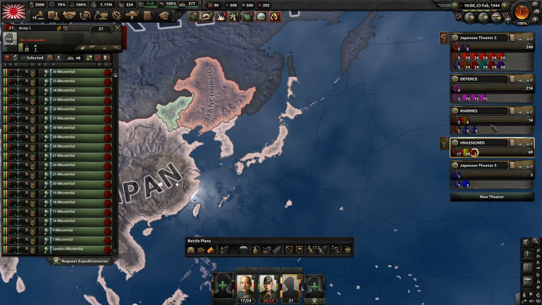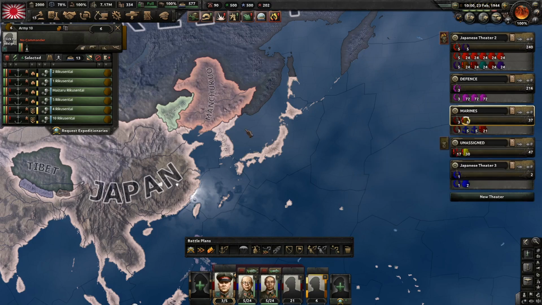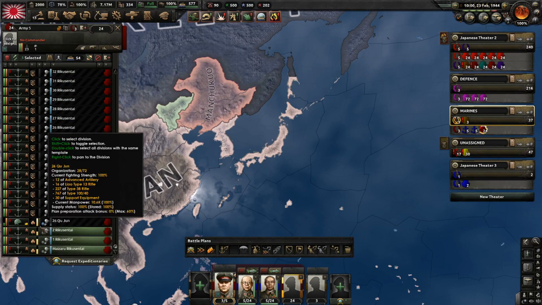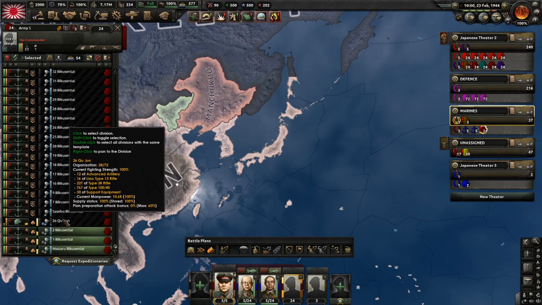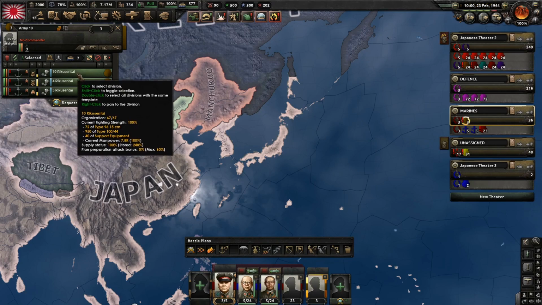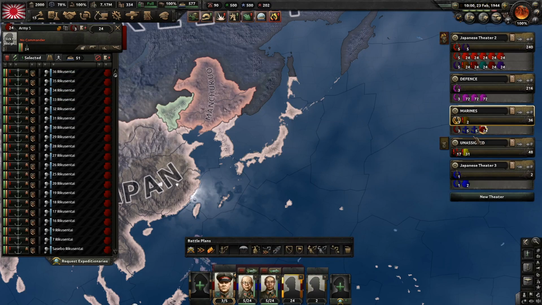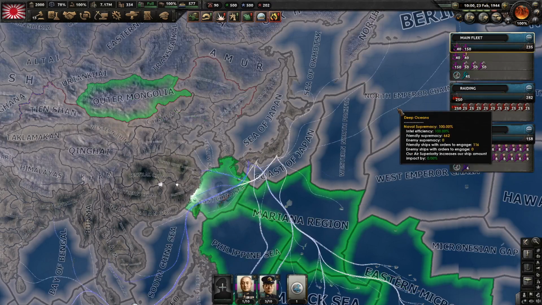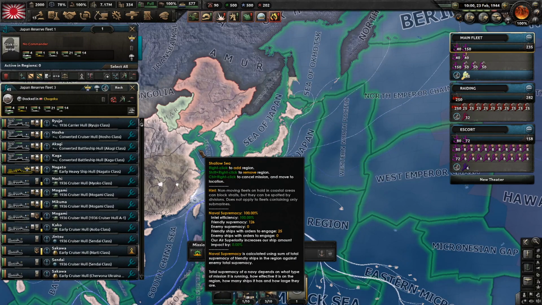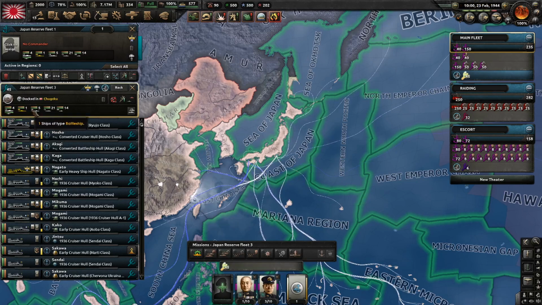Nice. Yeah. Why are you green? Oh, you're not supposed to. Oh, right. Okay. That's that. Lastly, we could, of course, now go and make one more fleet. Although we actually don't have enough destroyers for that. Well, this fleet...